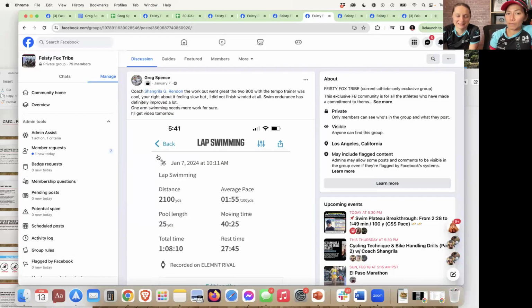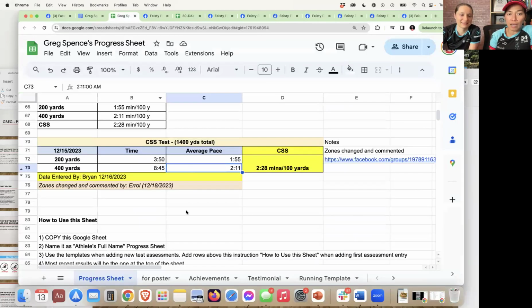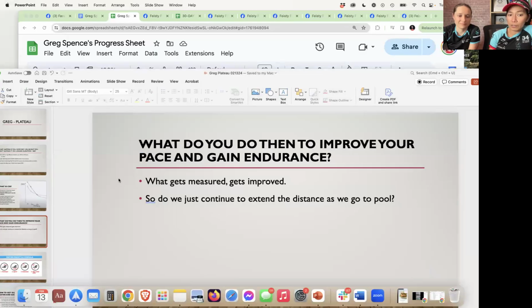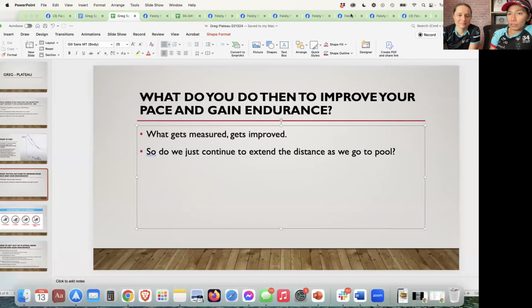And guess what? So this one is the total. But the 800 there, I'm going to show it to you, because again, it goes back to what I point out here. You want to get faster? Well, measure, check out the data. You don't just get faster just because you go to the pool. You change something, and you want to verify what you're changing makes sense. If you want to get faster, it's not about looking good either.